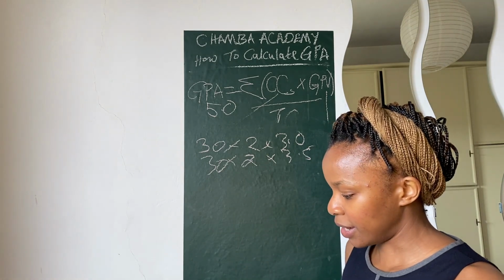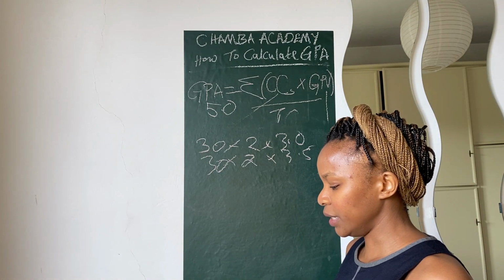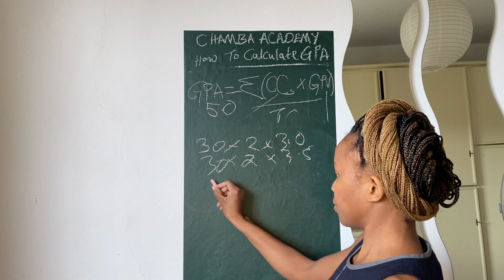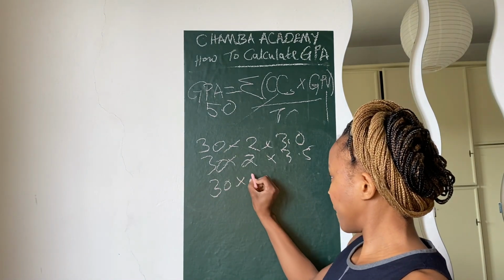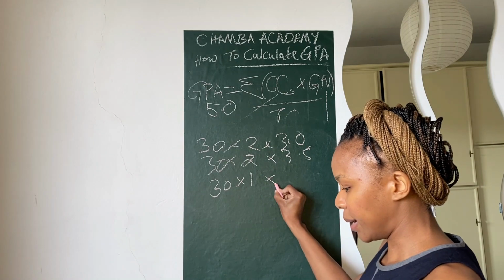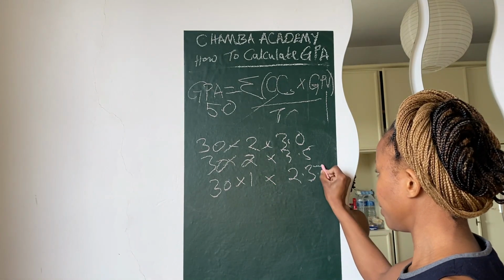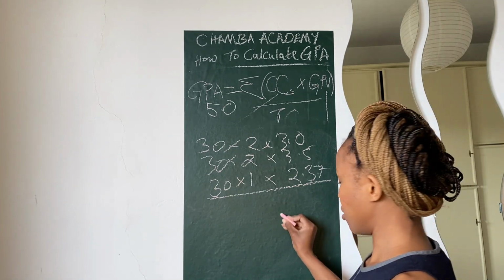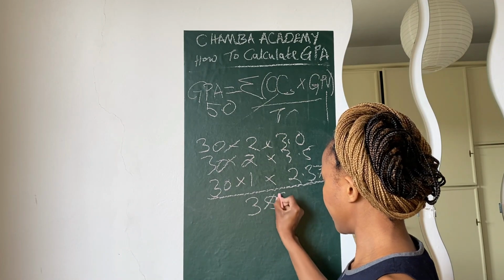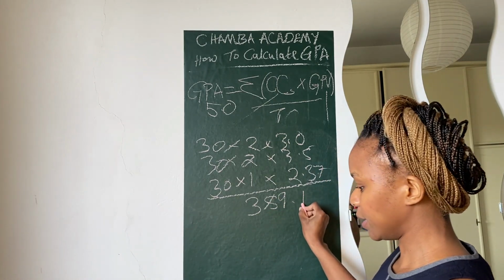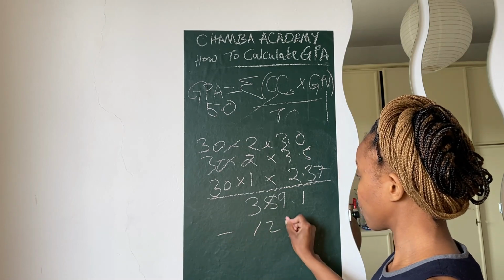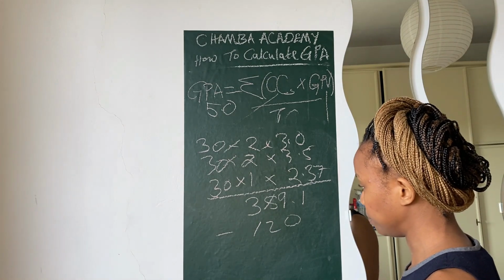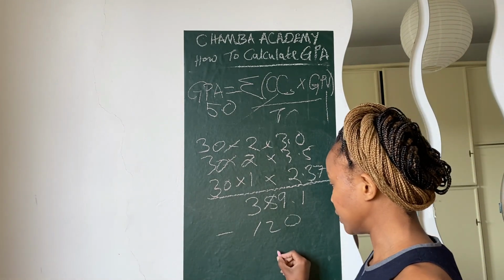And then in one other full course, I had accumulated a C plus. So that will be 30 by 1 by 2.37. So this will come to a total of about 389.1, which will divide by 120, which will give us about